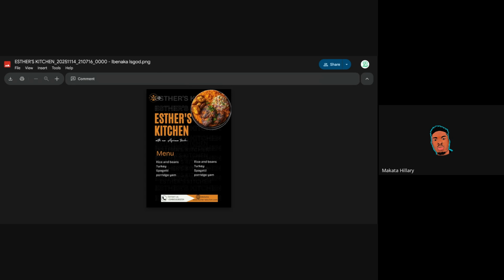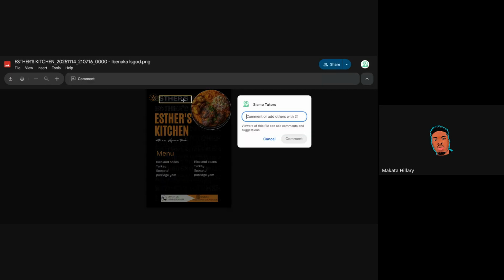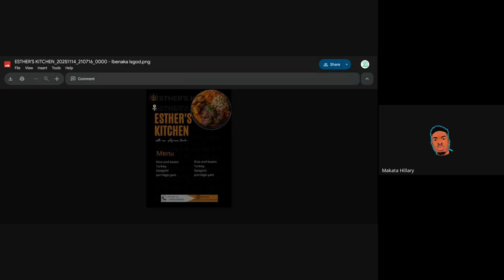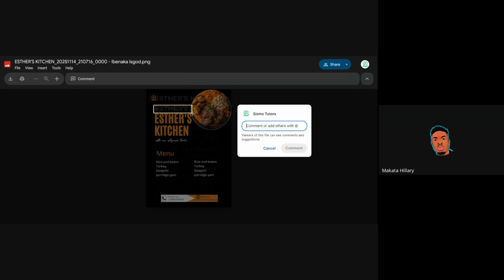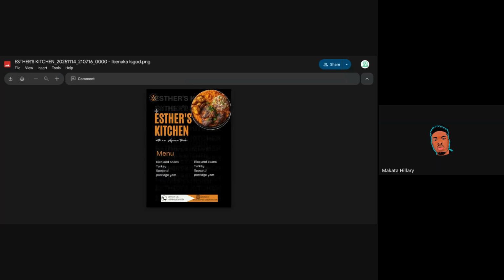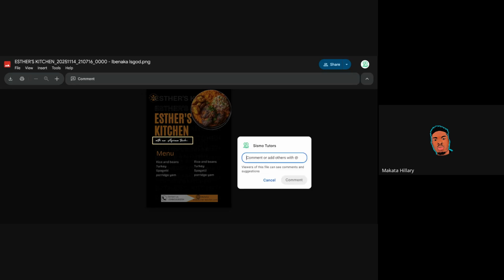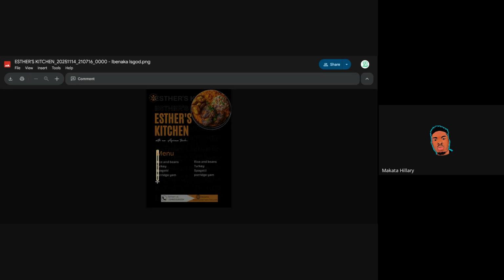I explained this design. This watermark you added there is a problem. You should remove this place because it's touching the logo. This one also, you should remove because it reads as Esther's Kitchen. But I like this font you used here. I like how you use the font. The menu is aligned. Besides that,